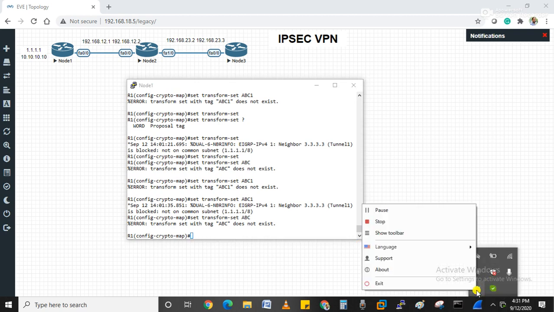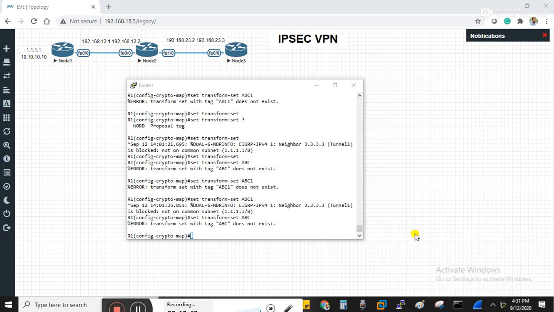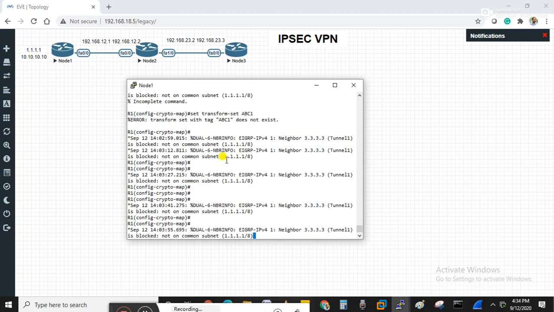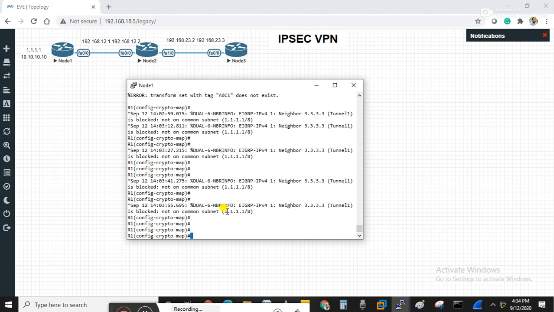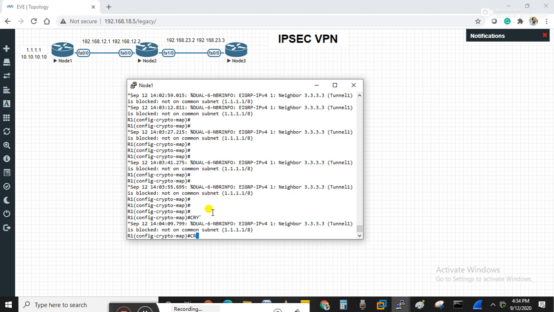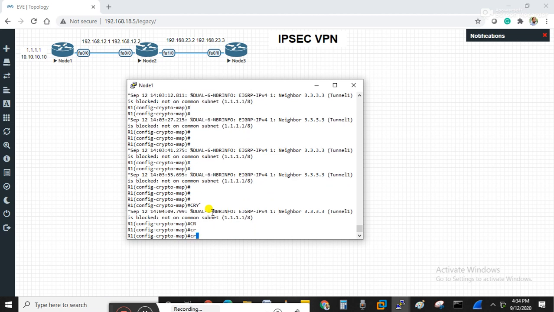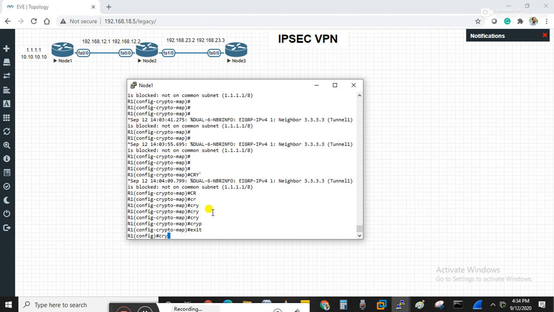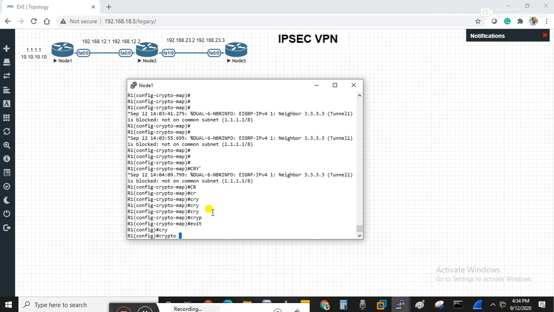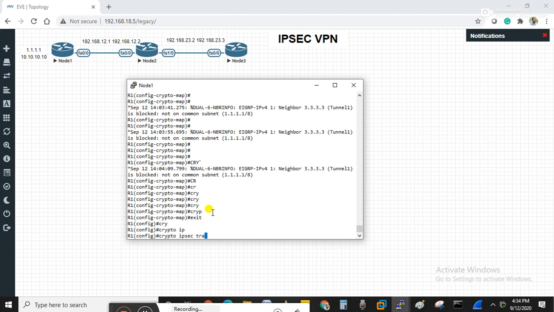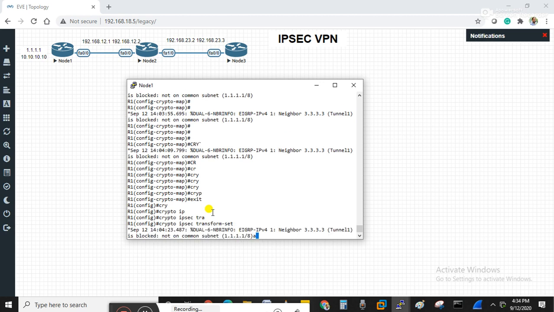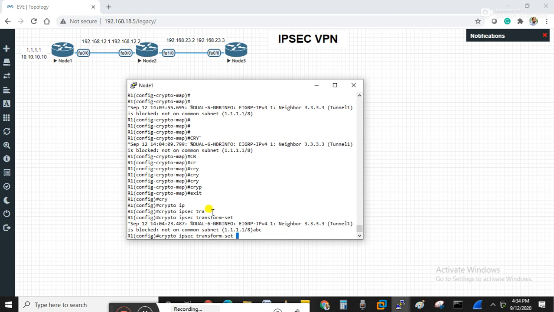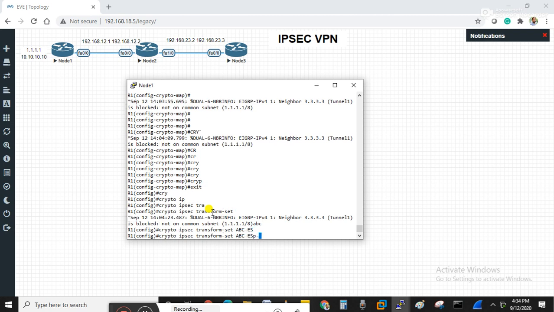It's not getting. I don't know what happened over there. Okay, we will define IPsec crypto. Okay, back, crypto IPsec transform set ABC. We can define any name over there, and after that we will define this